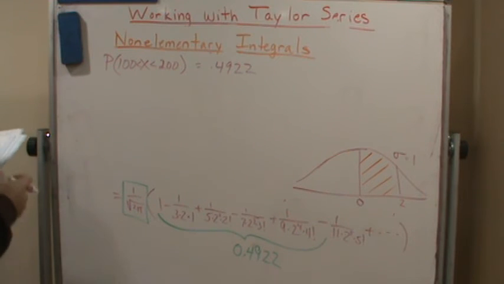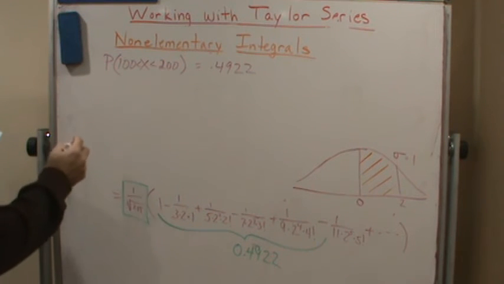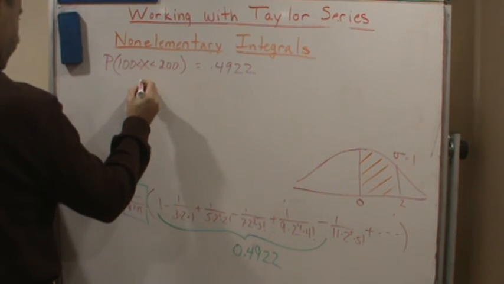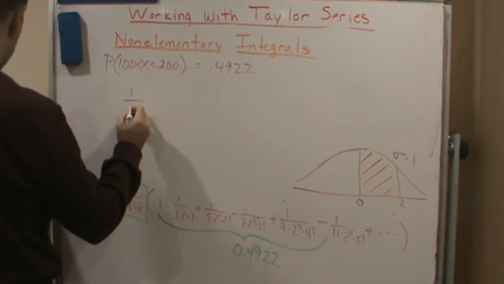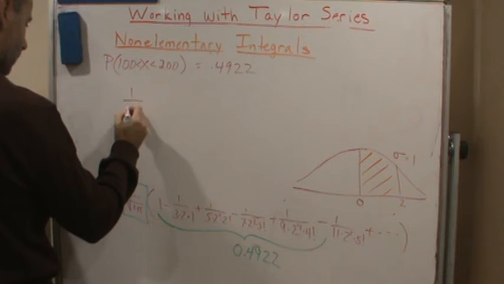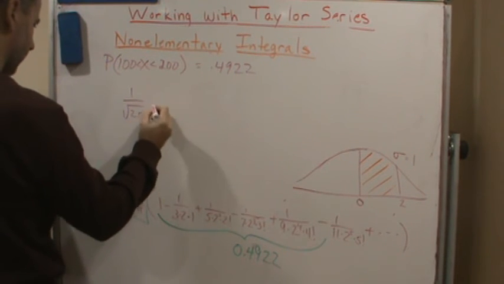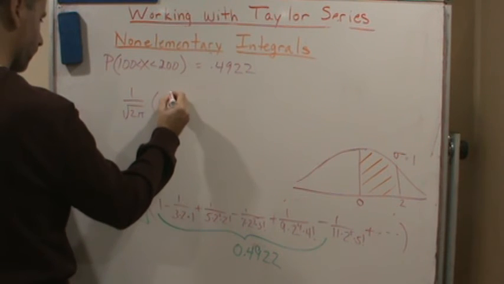Now, by the alternating series test, we can find the accuracy by using this. It's going to be within this error, which is going to be 1 over the square root of 2 pi times